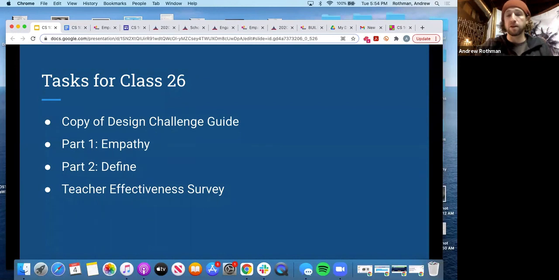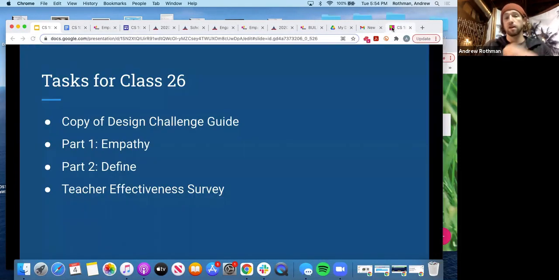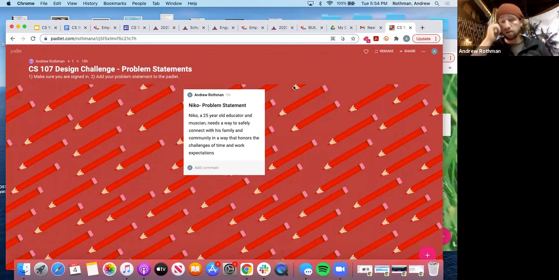Actually, let me go a little slower through the problem definition. I used these clusters. I used the identity, what I know about him. I used the challenges, what I know that he's affected by. And then I used the aspiration. So he's this kind of person. He's having a lot of trouble connecting with his people, in particular because his family's working a ton. And these are the things that he's aspirational about. So he needs a way to connect with his family in a way that incorporates all these aspirational things. That's the problem that I set up for Nico. This is the problem statement that I wrote for Nico.